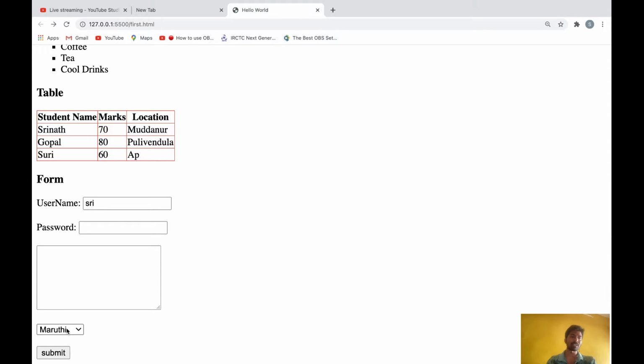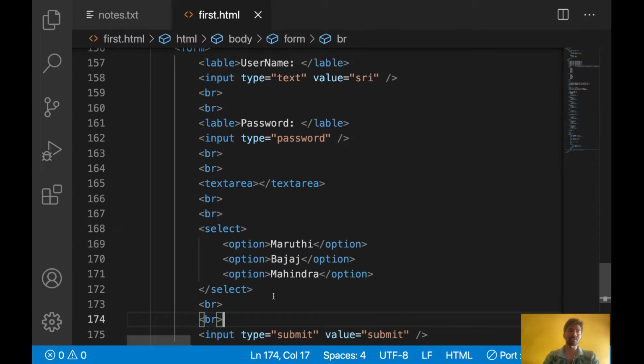See, this Maruti is coming as the first option. Bajaj and Mahindra, 3 options are there. Let's say I want to select this Bajaj. See, it's selected. So from whatever multiple options we are showing, the user can pick only one option. Then we can use the select box.